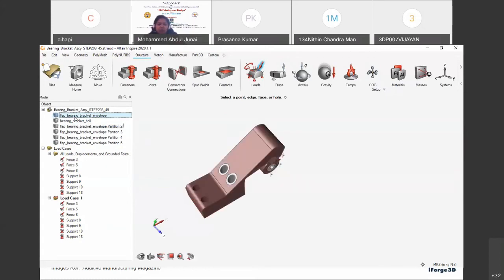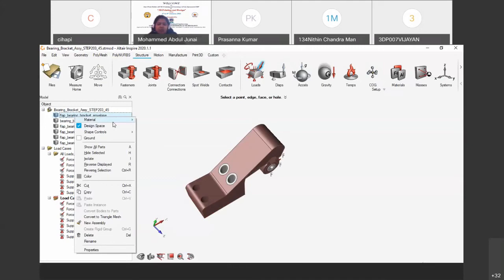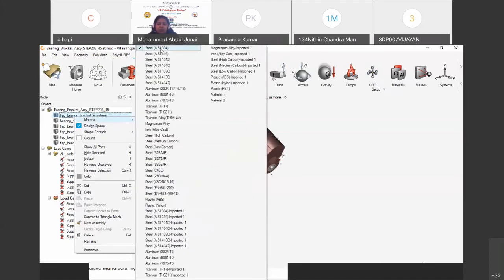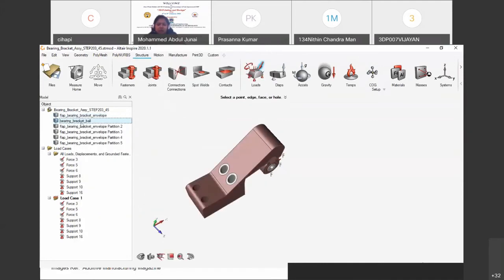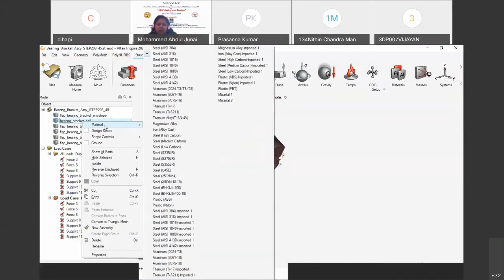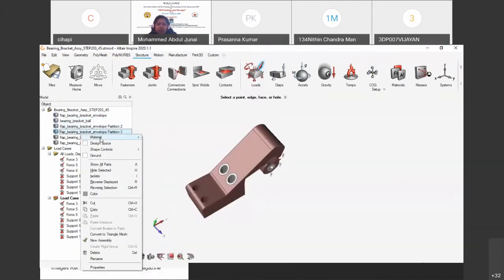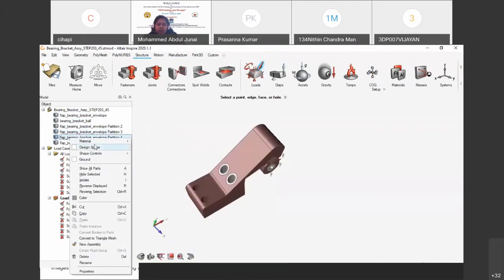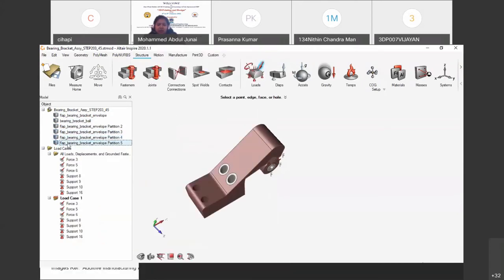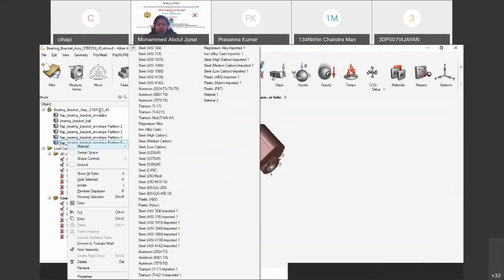The material I'm considering here, randomly, is steel AISI 304. Similarly, for the non-design space also, I'm considering the same material, AISI 304. So the material is applied.